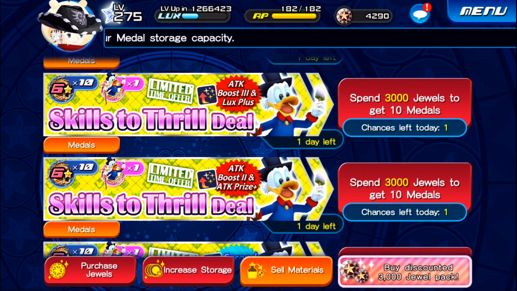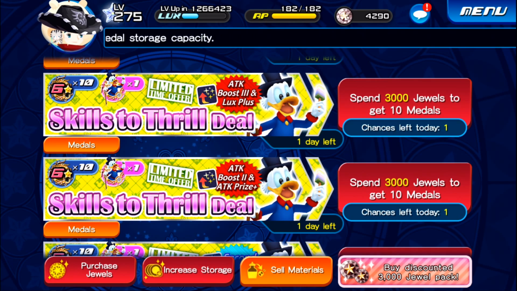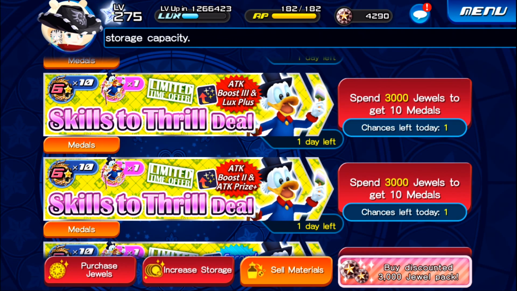Next up we have obviously attack boost 2, which I'm sure everyone knows, but this time it has an attack prize, which is, yet again, very situational. I would highly recommend running this in a high score challenge build like that. Again, you take these medals that you think will help you gain a very high score,